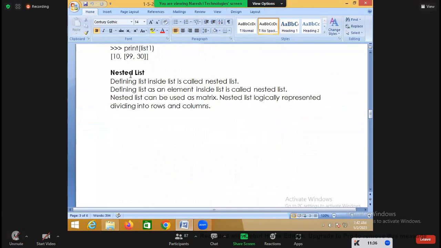So I said what a nested list is. If you want to write a list inside a list, writing a list inside a list is called what here? Nested list. Nesting of list means within the list you are writing a list, now that you can call it as